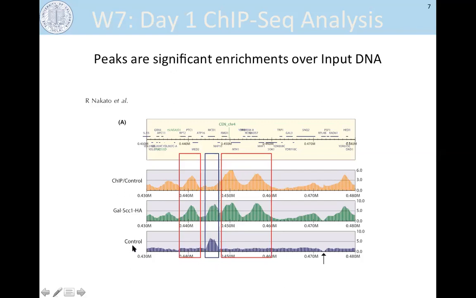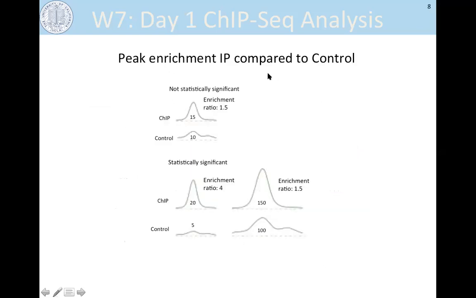However, when you normalize to an input control, you see that this site, which looks like it would be a peak from your ChIP sample, is also enriched in your input. So when you normalize against input, that will eliminate that false positive peak, while the other peaks may be considered statistically significant over your input control. So peak enrichment